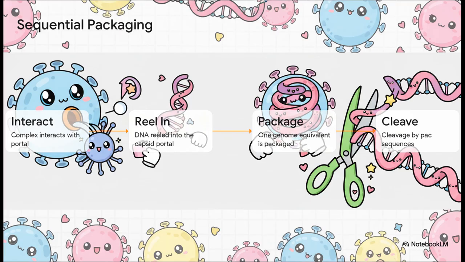Step 1, a specialized complex interacts with a literal portal on the empty shell. Step 2, the DNA is aggressively reeled right into that portal. Step 3, exactly one full genome is packaged inside. And Step 4, specialized PAC sequences act like tiny scissors to cleave, or cut, the DNA once the shell is